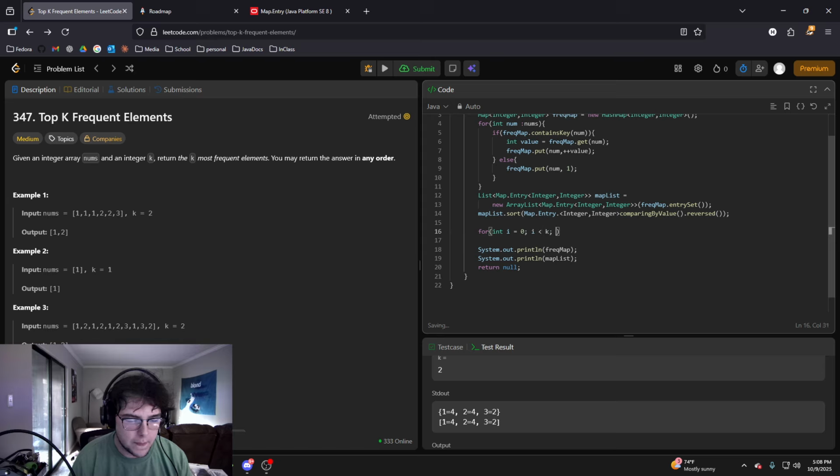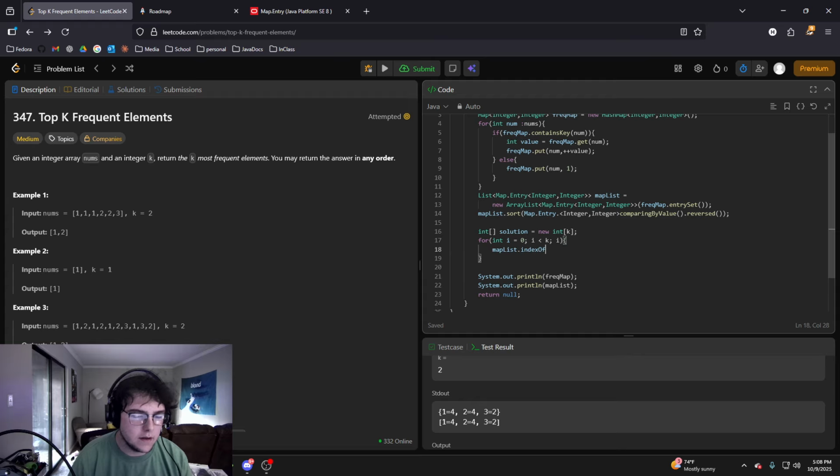And we want to create an int array, we'll call it solution, because it's what we are returning. And then we want to make a new int array of size k. So for 0 to i, we want to get the map list. So map list dot